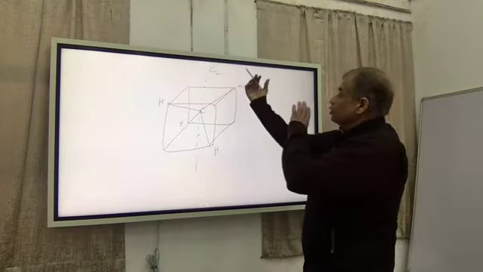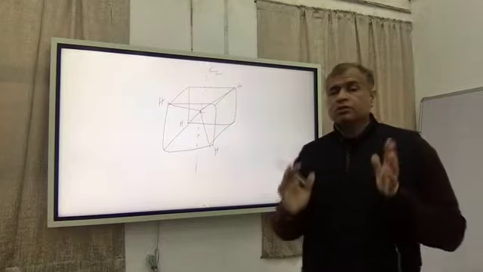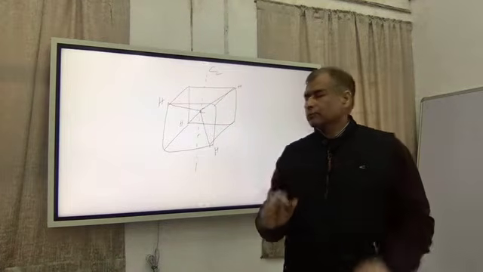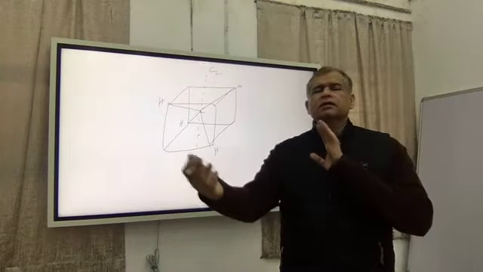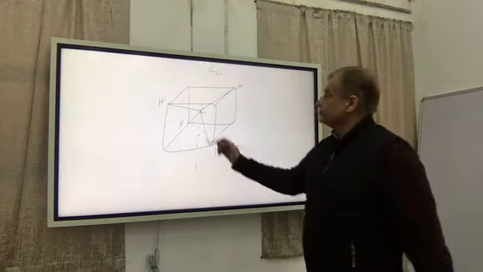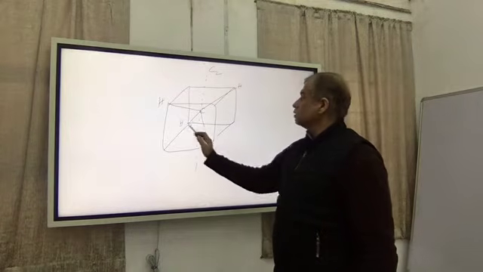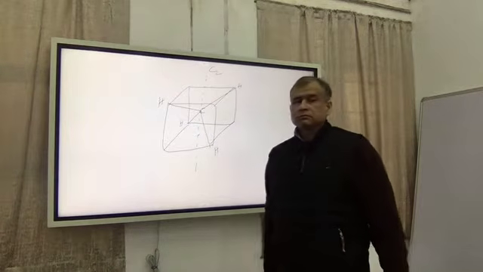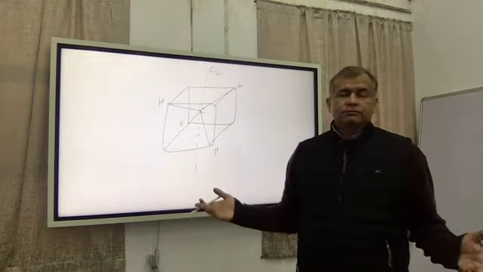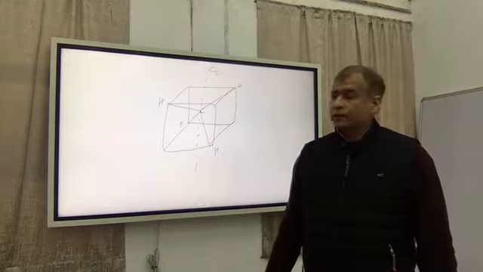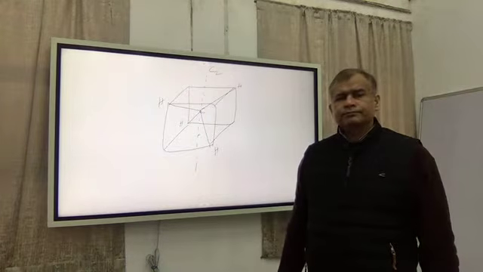Why? You rotate, you see the cube is imaginary. Don't look right now at the cube. You rotate this tetrahedron by 180 degrees. This edge will come here, this edge will come here, this edge will go there, that edge will come here. So it will give a similar orientation before and after rotation. So it's a C2 axis.